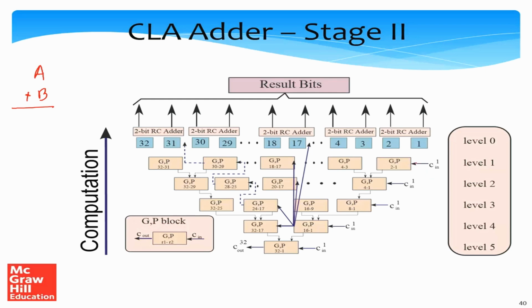So what we do is that we take all the rightmost GP blocks, rightmost when we are looking at the screen. So at t equal to 0, we essentially connect all the carry in, the Cin values, to the rightmost GP blocks. So the ranges are 1 to 2, 1 to 4, 1 to 8, 1 to 16 and 1 to 32. Let us assume for the purpose of explanation that the time it requires for one GP block to compute C out, which is the same for all the blocks shown over here, is one time unit. So to compute C out,